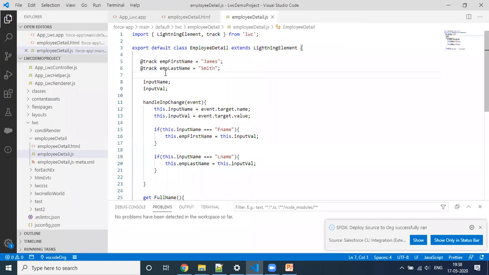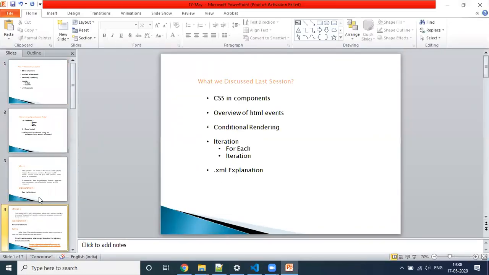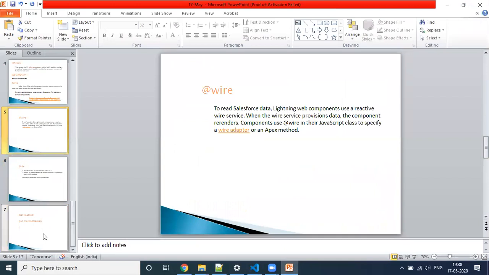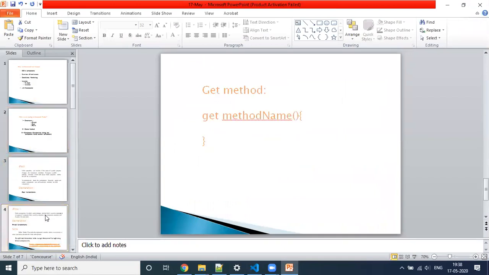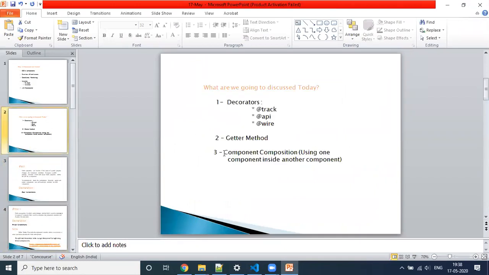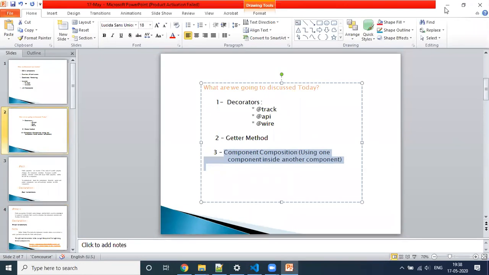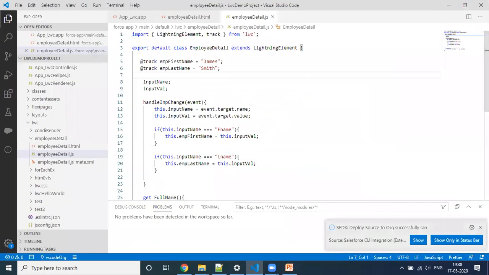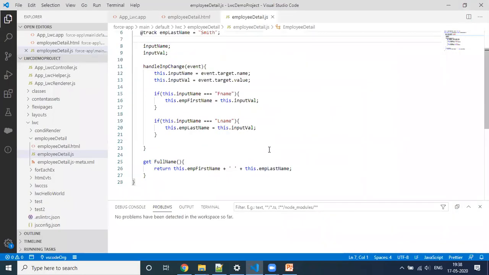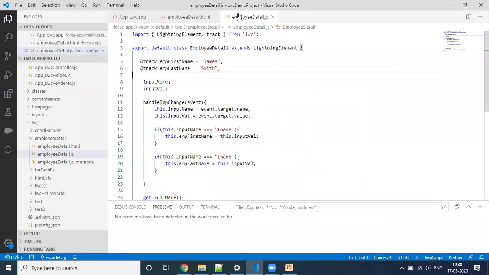Okay, so the next topic that I'm going to discuss here is component composition, how we can call one component inside another component. I'm going to take the same Dinesh example here. What about the API and the wire?